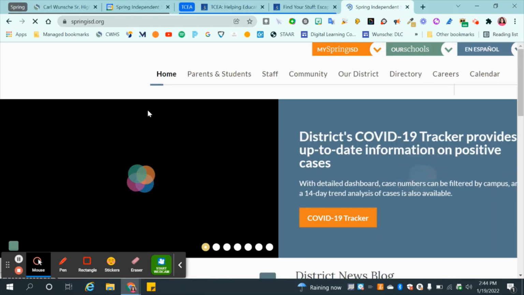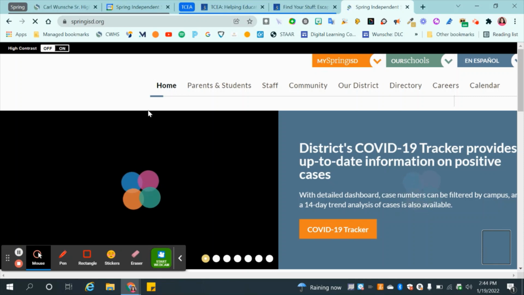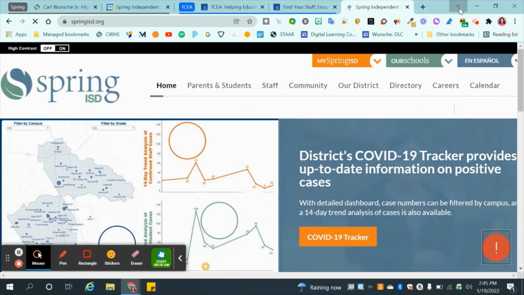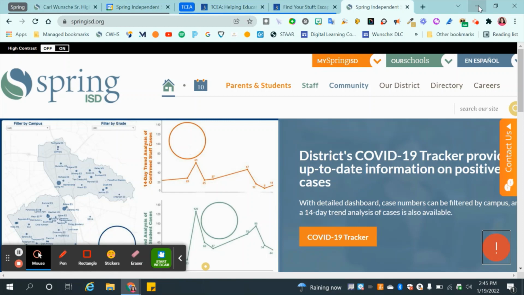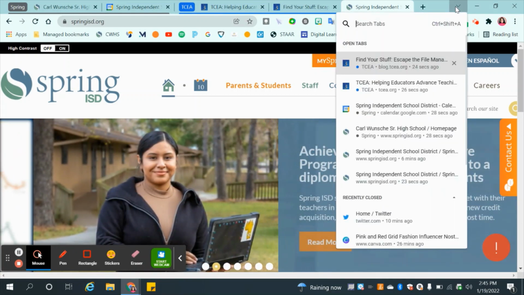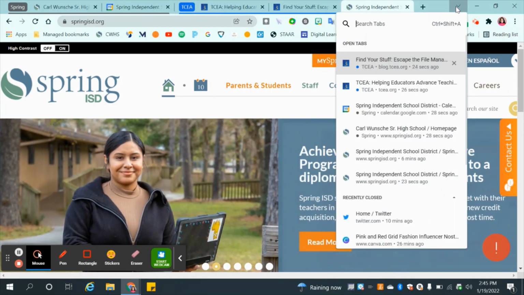I need to find a specific tab very quickly. Well, what you can do is they have a new thing. They have this drop down right here that's next to the minimize. This new drop down is what allows you to actually search your tabs and find them easier